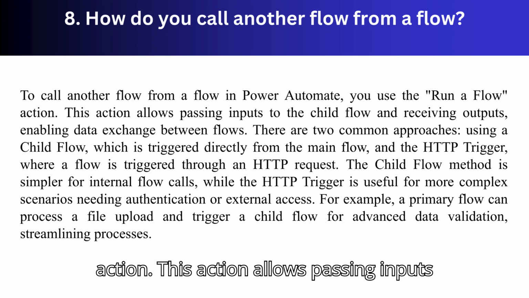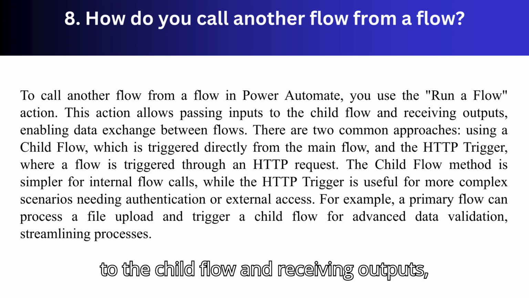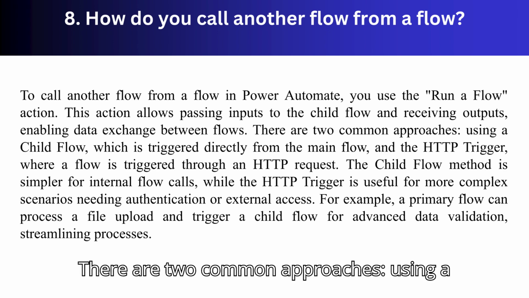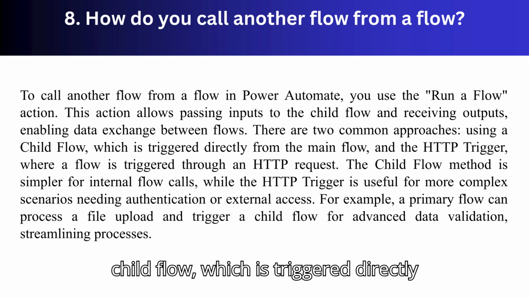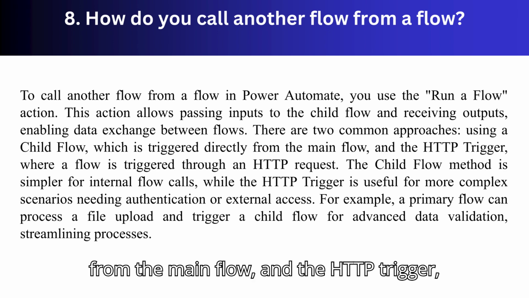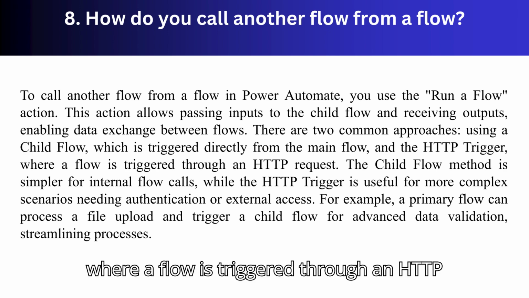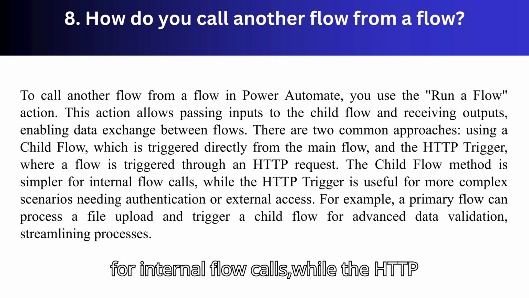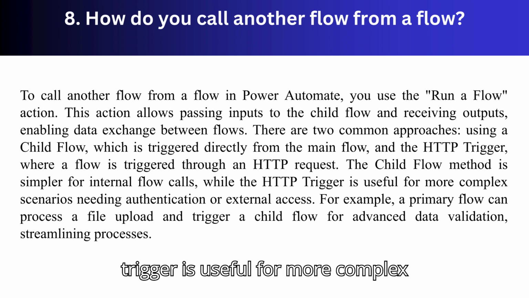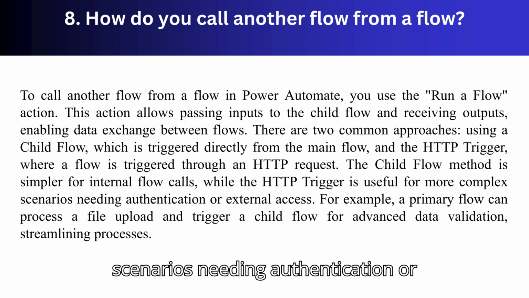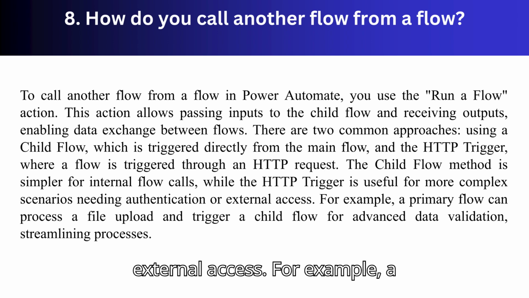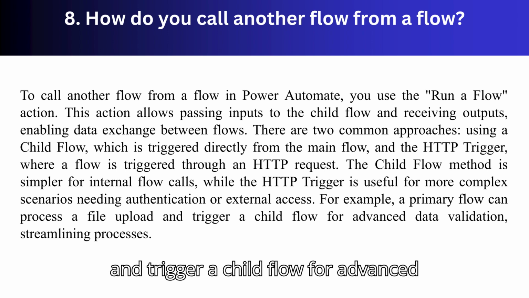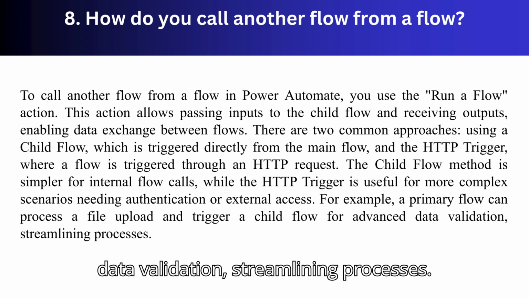This action allows passing inputs to the child flow and receiving outputs, enabling data exchange between flows. There are two common approaches: using a child flow, which is triggered directly from the main flow, and the HTTP trigger, where a flow is triggered through an HTTP request. The child flow method is simpler for internal flow calls, while the HTTP trigger is useful for more complex scenarios needing authentication or external access. For example, a primary flow can process a file upload and trigger a child flow for advanced data validation, streamlining